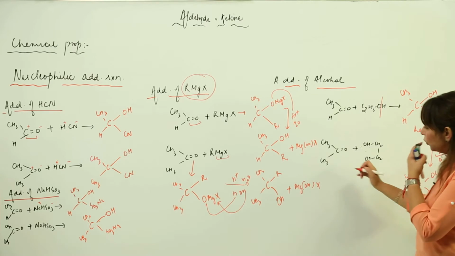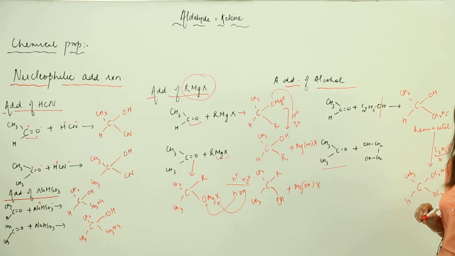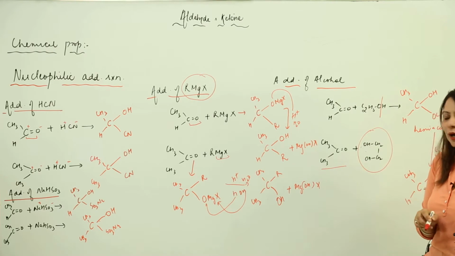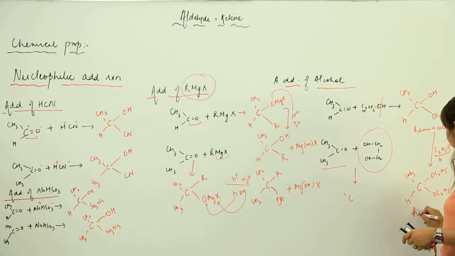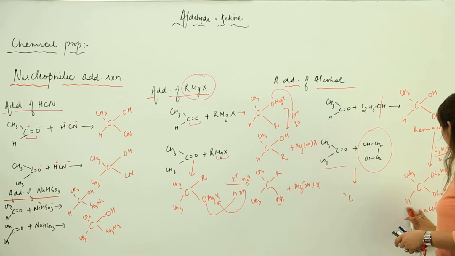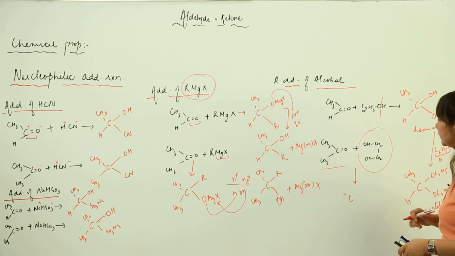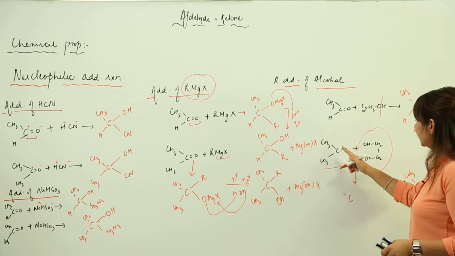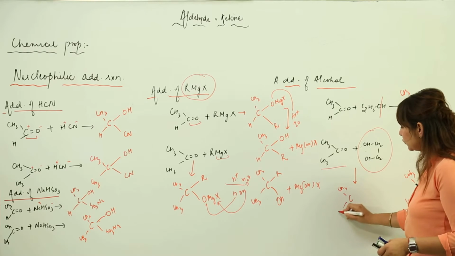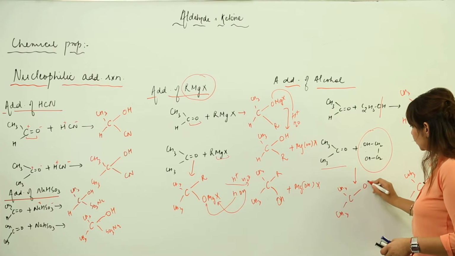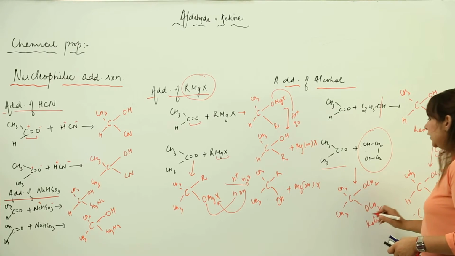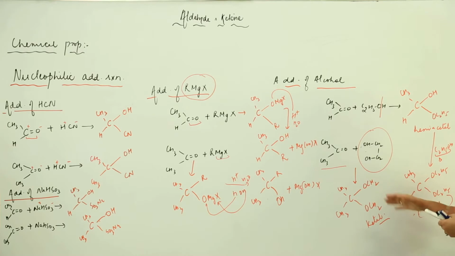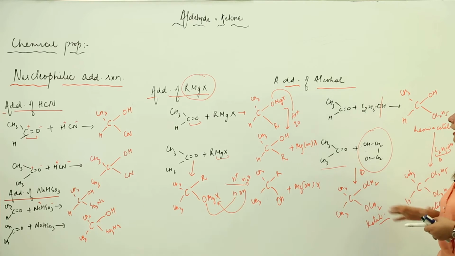In a similar way, a ketone shows an addition reaction, but a ketone reacts with dihydric alcohol. It doesn't react with monohydric alcohol. This is the hemiacetal, and this is the acetal. Here, this remains as such, and it becomes OCH2 and this also becomes OCH2. That is a ketal. It will also form a hemiketal, but you can directly form the ketal by just heating the dihydric alcohol with the ketone. So this is how the addition reaction will take place.